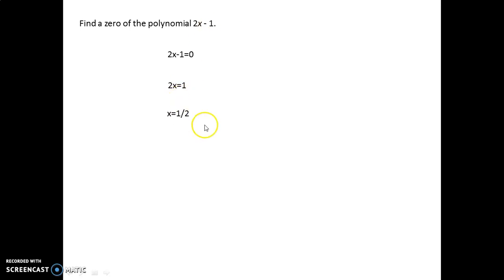So now x is equal to 1 by 2 is the 0 of the polynomial for this 2x minus 1. So is it right or wrong? How will you confirm this? By substituting this value in this equation, you should get a value of 0. So again I am substituting 2 into 1 by 2 minus 1. So 2 into 1 by 2 will be 1 and 1 minus 1 will be 0. So this 1 by 2 is the 0 of the polynomial. So this is the alternate method how you will calculate the 0 of the polynomial without substituting.